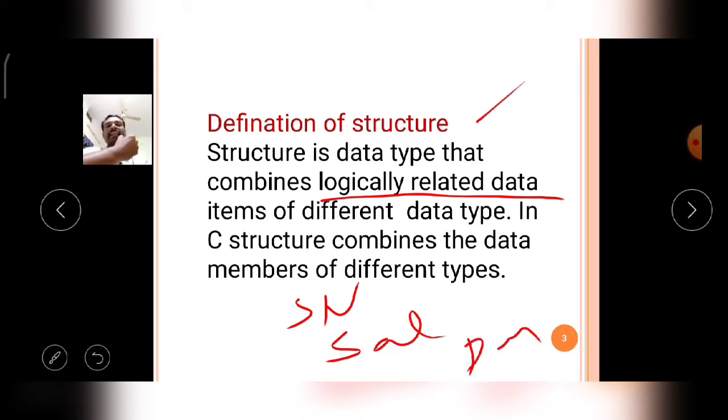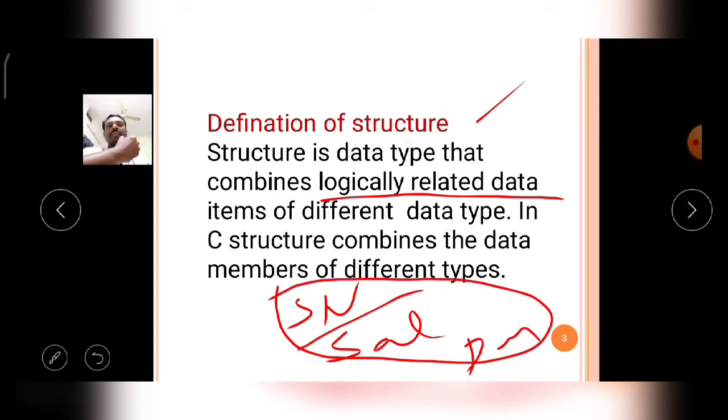Here observe these three concepts: student name, salary and designation. This data is not logically related data. The student name generally belongs to a particular student, but salary and designation generally belong to an employee's information.